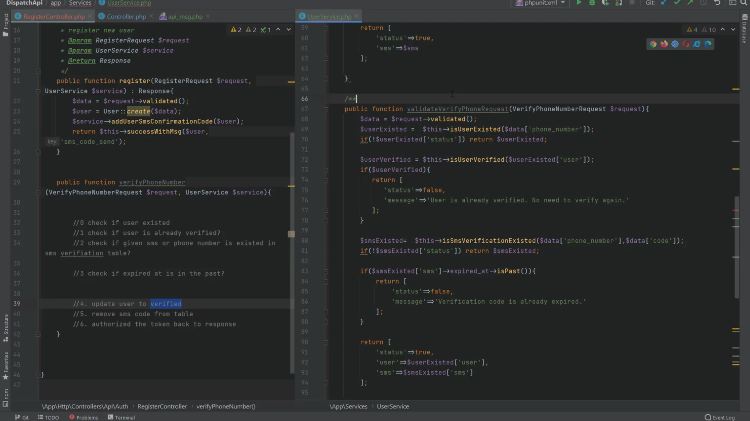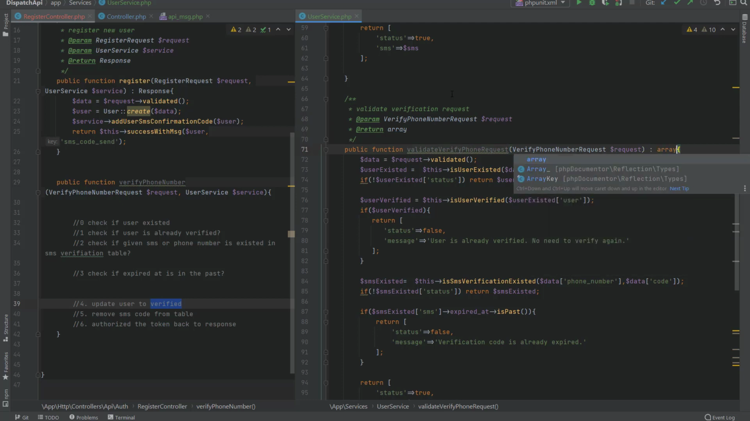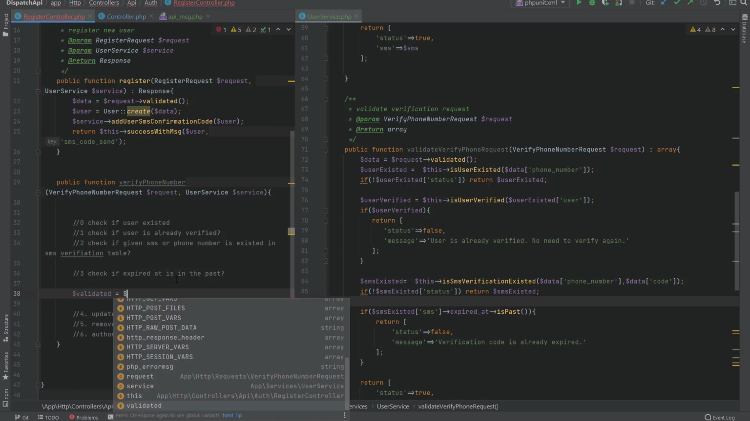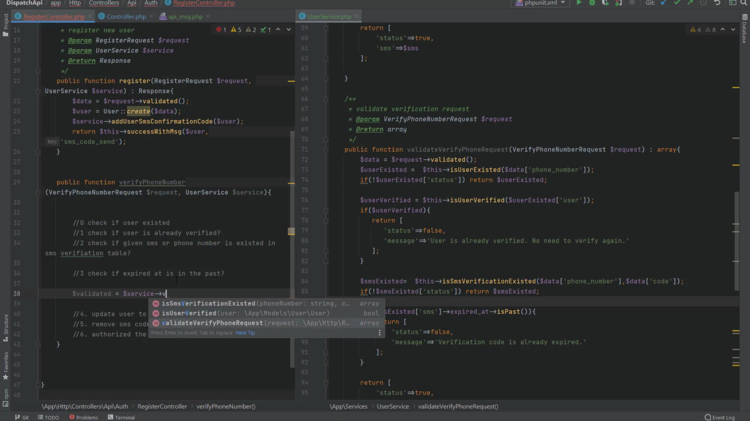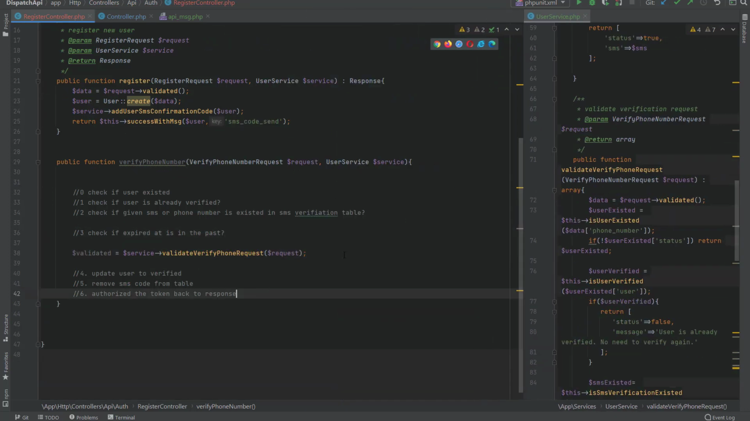To that let's comment this, validate verification request. Okay, this one we call something like this, validated service, validate verify phone, pass back the request. Okay, alright, so we move on to the fourth step,